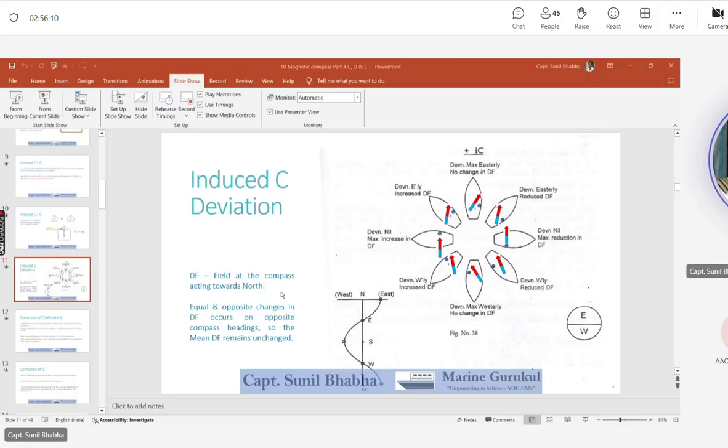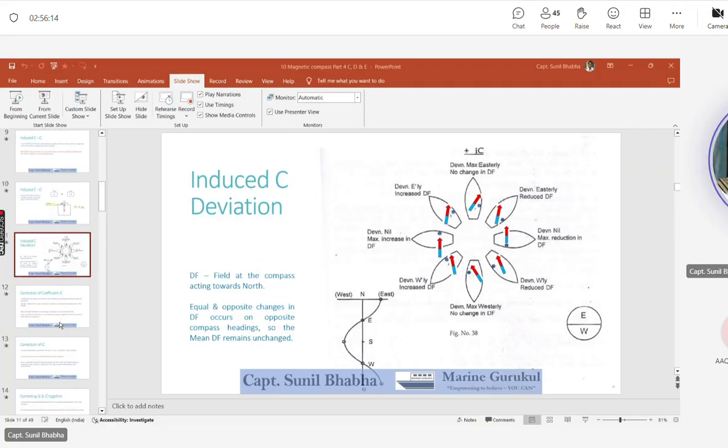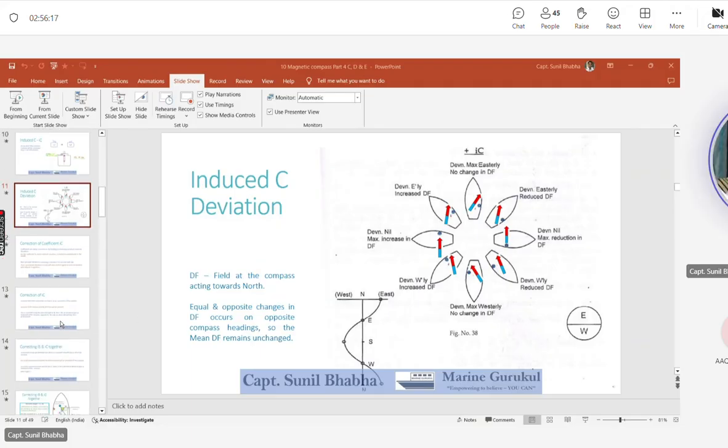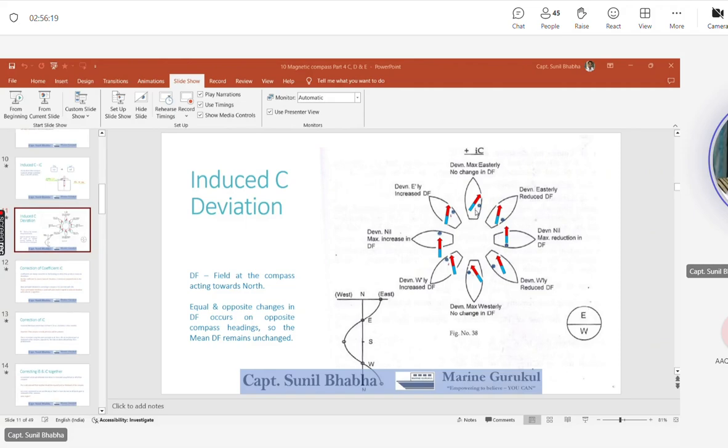And quickly मैं आपको इसकी correction भी बता देता हूँ। Exactly जैसे हमने IB की correction की थी, we applied a Flinders bar opposite to the funnel. इसमें भी हम एक फ्लिंडर बार लगाते हैं ऑपोजिट टू द वर्टिकल स्ट्रक्चर। जैसे यहाँ पे आप देख रहे हो वर्टिकल स्ट्रक्चर कंपास के स्टारबोर्ड साइड में है, तो हम कंपास के पोर्ट साइड में एक फ्लिंडर बार लगाएंगे और बिल्कुल उसे IB के जैसे ही करेक्ट करेंगे। सो दिस इज इंड्यूस्ड सी करेक्शन।